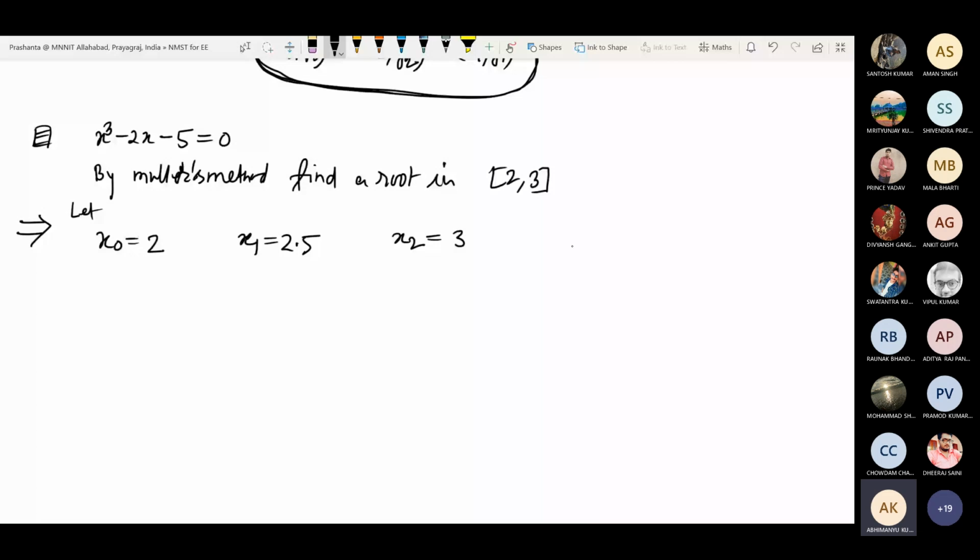If you want to make a stricter guess, then you can apply the bisection method one more time. Where is the root lying, in 2 to 2.5 or 2.5 to 3? Accordingly, you can refine your initial guesses. It is up to you. There is no rule how to choose the initial guesses. One thing is mentioned in every method: they should be as close as possible to the root. Then the method will work in a very good way.